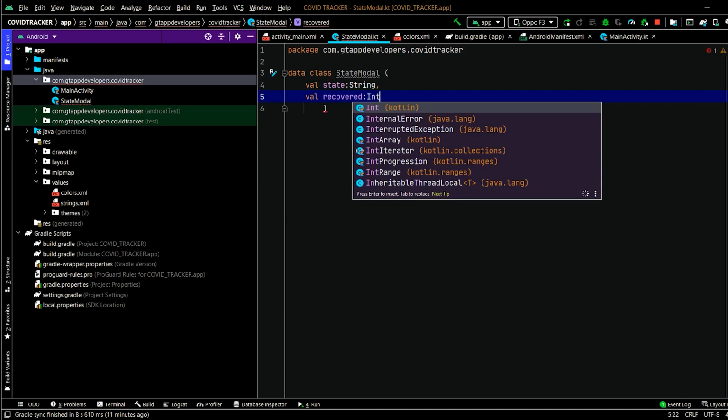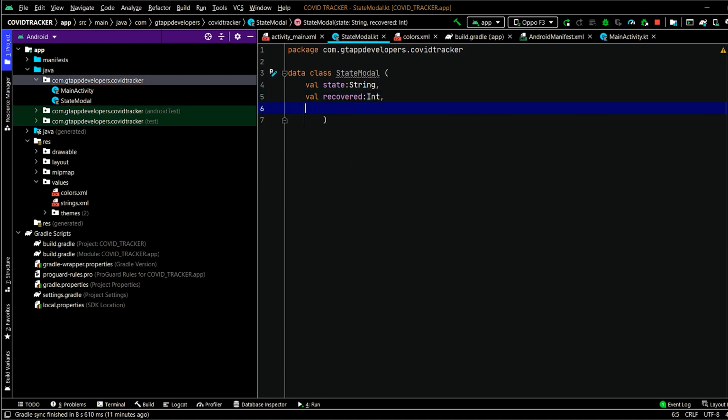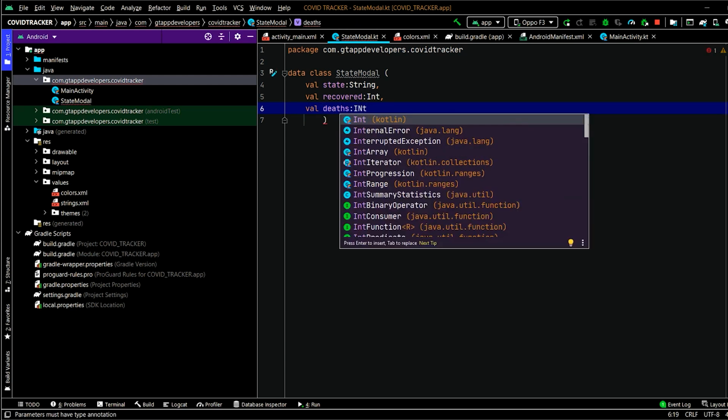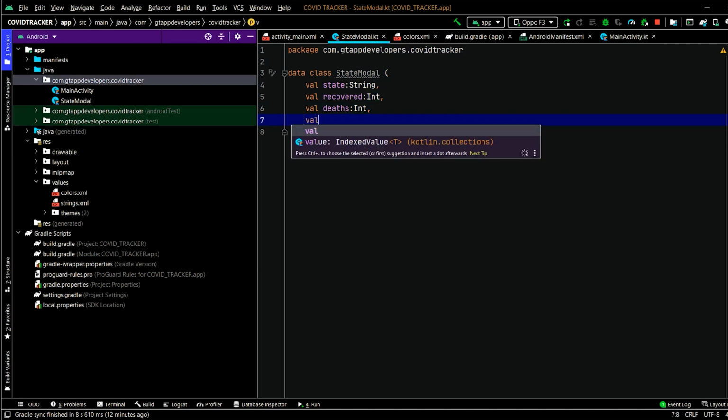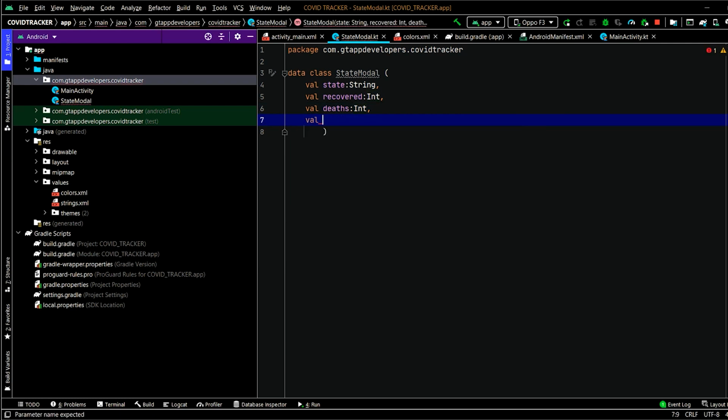This will be integer, so we are specifying as an int. Another variable will be for deaths, and last one will be for number of cases. Now our model class has been created.